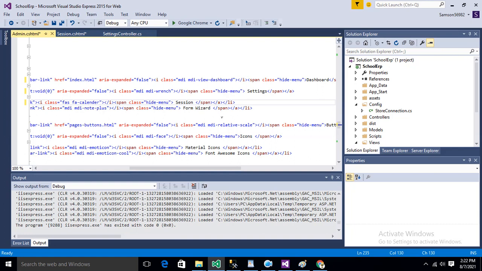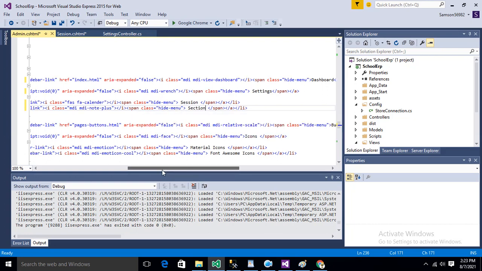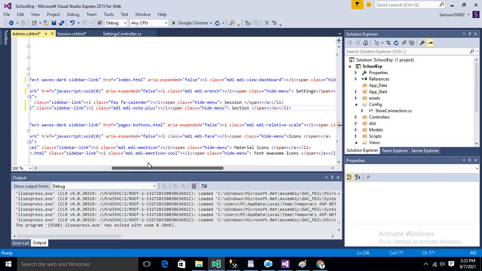So the next sub menu is going to be section. We have different sections. That's class type section of the school. We have SS, GSS, nursery, depending on how yours, but in my country this is how we operate. We have junior secondary school, senior secondary school, and stuff like that. So the section,